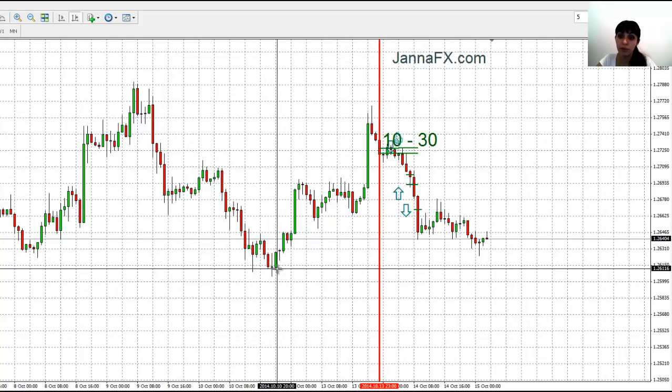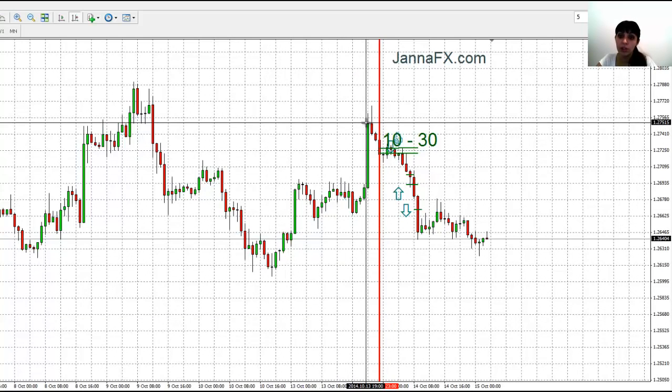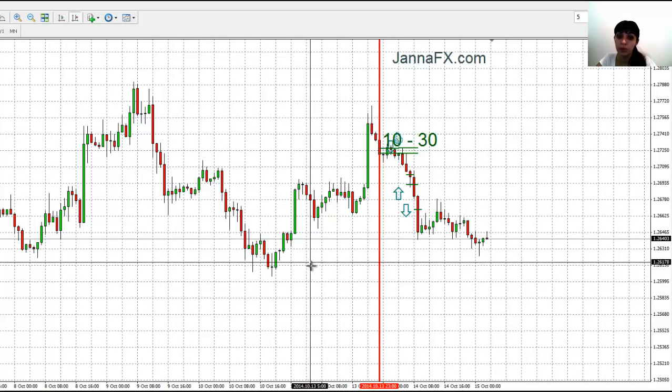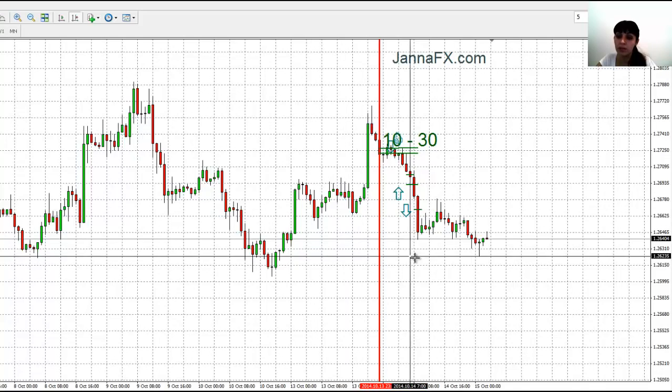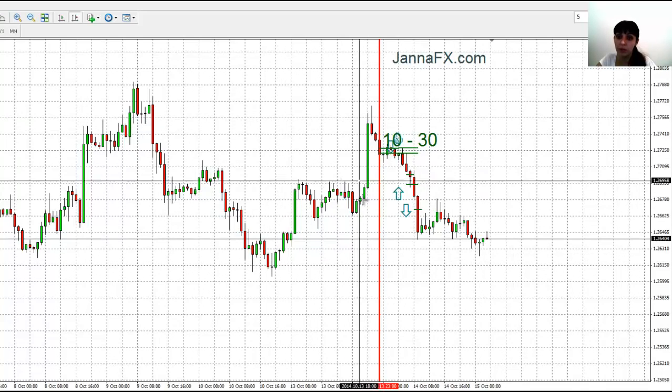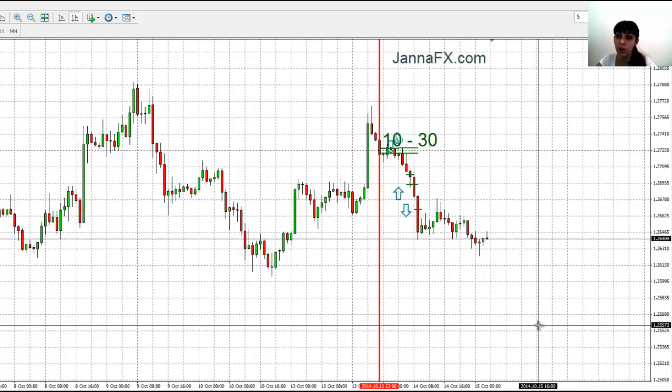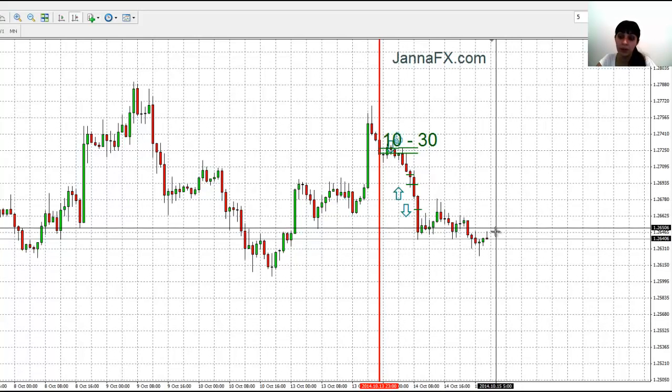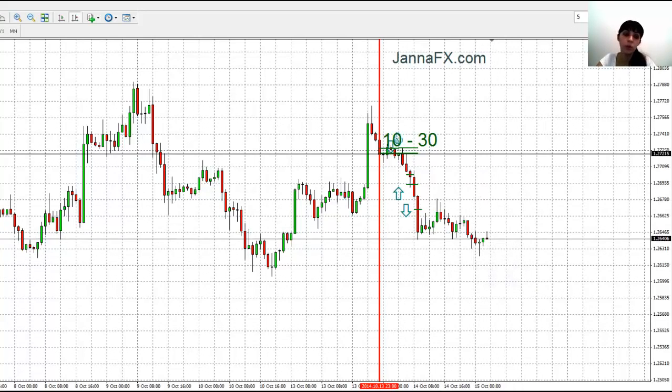So we still have this uptrend, which still hasn't closed. That's how I like to say it. So we have the top and the bottom, and our market is still inside that channel. We didn't break it, so it didn't go up and it didn't go down. It's kind of stuck in the middle. And today we're looking at